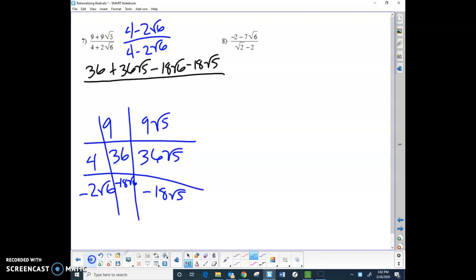All right, now we need to do boxes again for the bottom, or you know that these middle terms are going to fall out. So what I'm left with is 16 minus 4